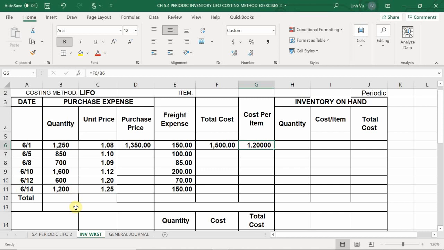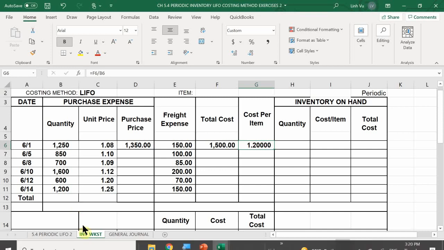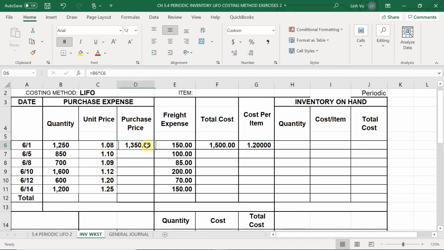Then on June 5th, I purchased 850 units at $1.10 each. So what's my total purchase price here? $935 plus $100 freight gives us $1,035, which then brings my cost per item to be